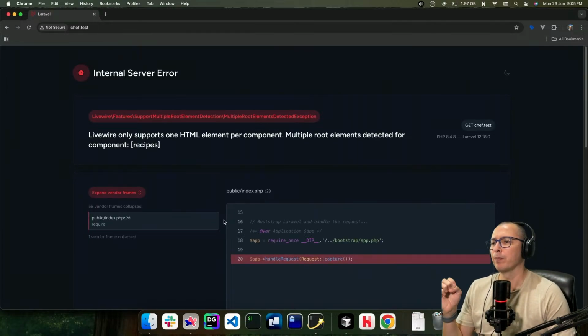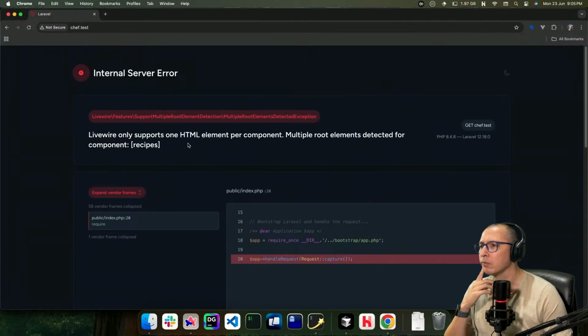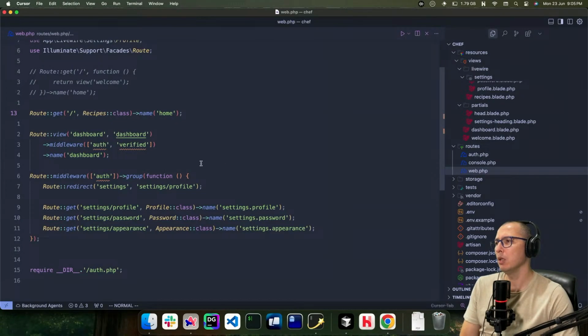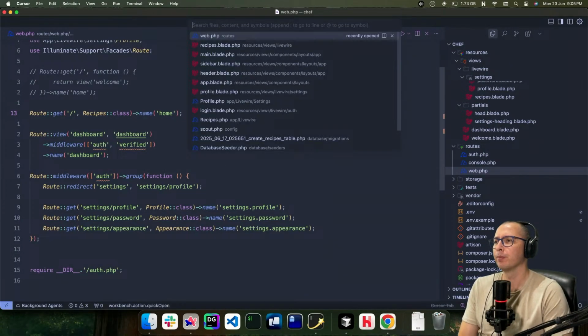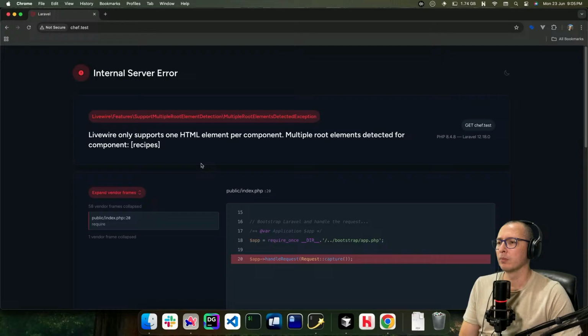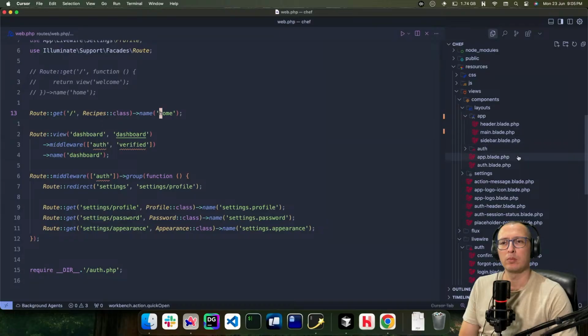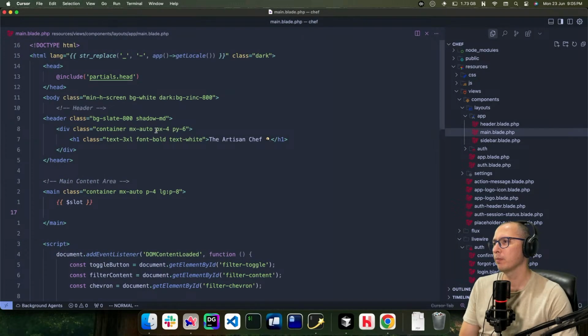Okay. Multiple root elements, really? How so? Main?